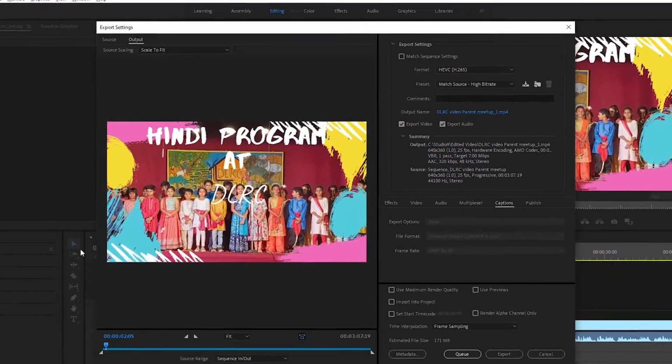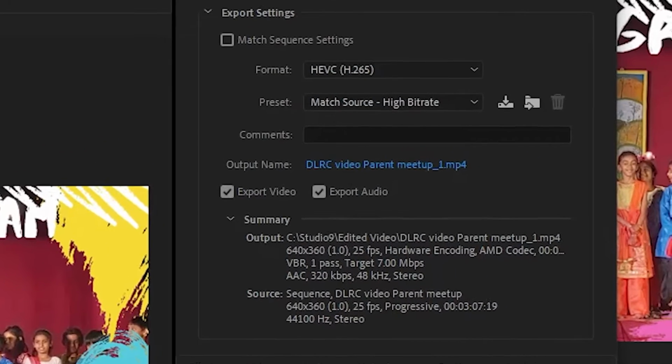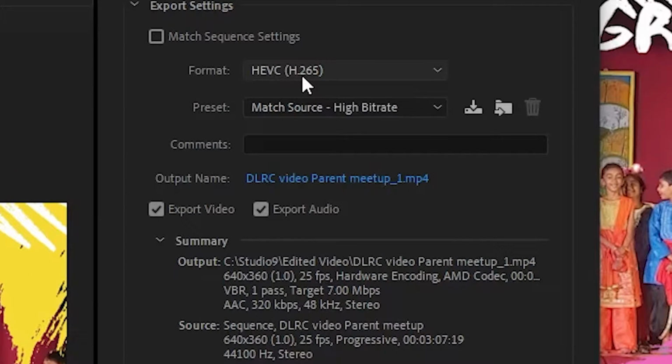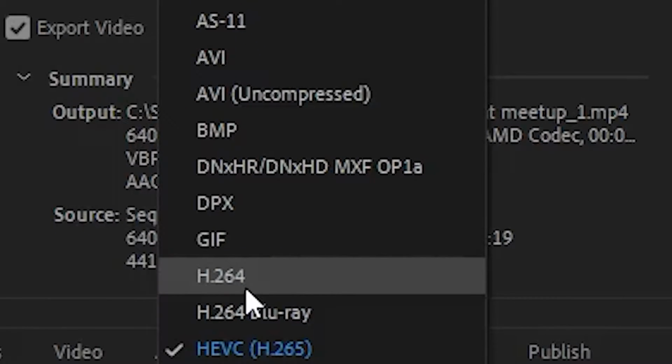Now here you can see this is the basic stats that you get. This is the default that I get. Now we're going to start with a format. So HEVC H.264. This is the default format for me. This is the format that keeps your file sizes lower and video quality higher, the highest that it can with a low file size. So what you're going to do is go to H.264. For the options that we'll be seeing in this, we'll be going to H.264 specifically.